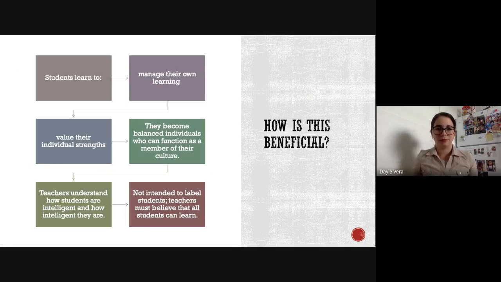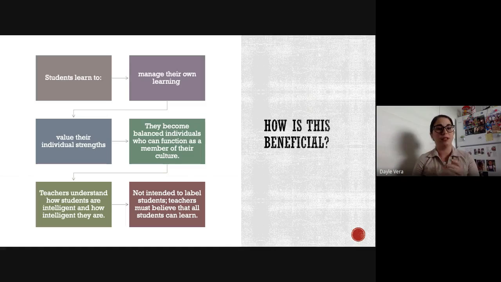So that is really important. Now, how is this beneficial to our classrooms? Students learn to manage their own learning, so they are aware of what they are learning and how they are learning. And that is very important because it's going to stay in their brains longer than if they just learn a concept, memorize some vocabulary words or some dates and times, apply it and score really good in the test, and it's gone within the next few weeks. Versus when they take part in what they're doing, they're able to remember, to create that connection and learn better.